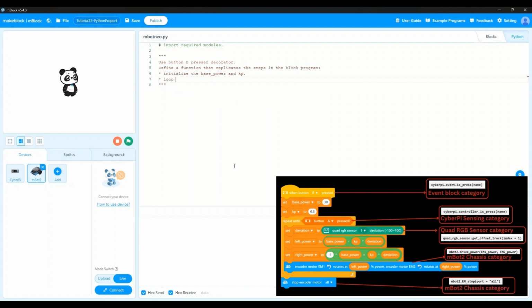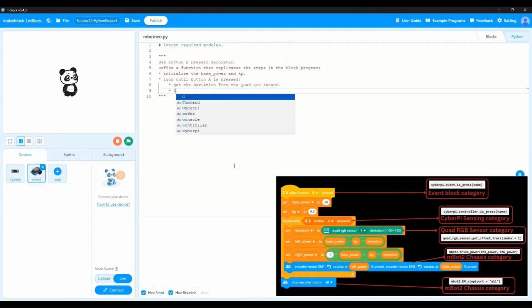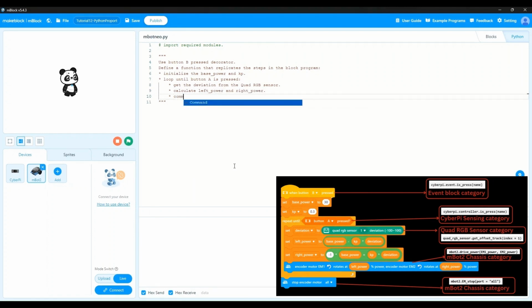We will then loop until button A is pressed, and within the loop, we will get the deviation from the quad RGB sensor. Once we have the deviation value, we will calculate the left power and right power values. Then we will command the left and right power to the motors. Finally, outside the loop, we will stop the motors before quitting the program. Now that we have these comments, you can clearly see the structure of the code and what needs to be